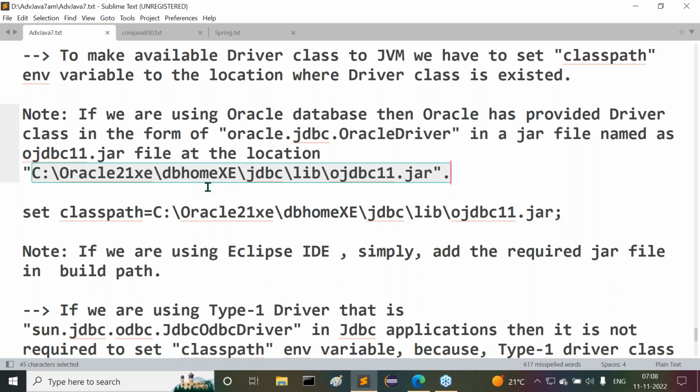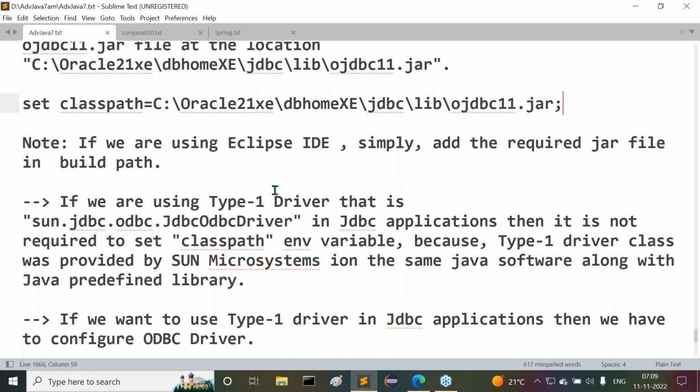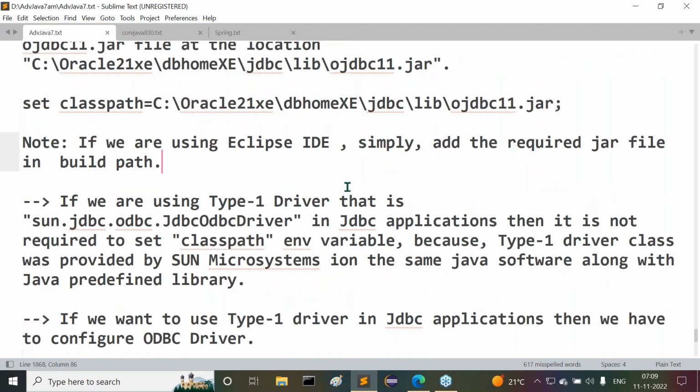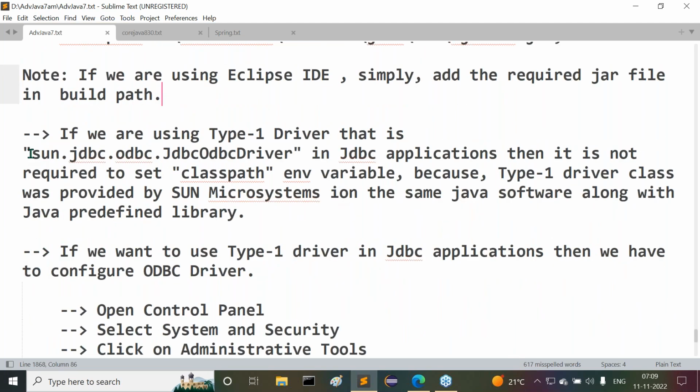Understand my point here? That ojdbc11.jar file is available in the actual Oracle software. Then set classpath equal to the total location we specified: set classpath=c:\oracle21xe\db_home\xe\jdbc\lib\ojdbc11.jar. This is clear. Next one, if we are using Eclipse IDE, simply add the required jar file in the build path. How to add it to the build path, I'll give clarity, no need to worry about it. Similarly, if we are using type 1 driver,